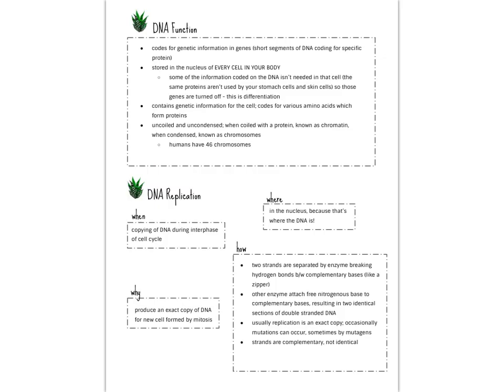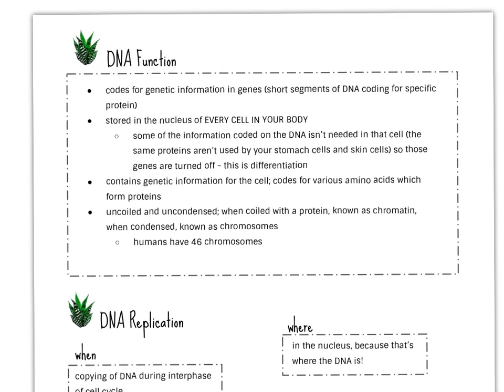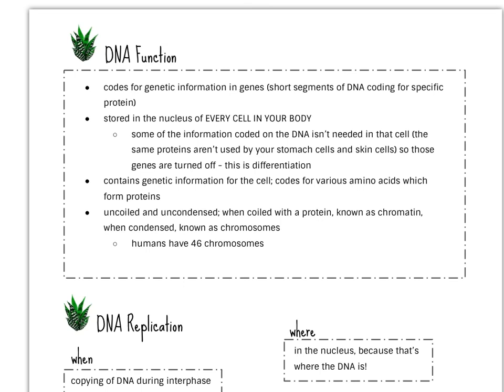But moving on, so after they figured out the structure of DNA, for a while they had kind of understood the function of DNA, but it took a while before they could actually realize what the function was. They had to figure out how it was shaped first, obviously. So when they figured out the structure, then they could work on the function. So if I were to ask you, like, hey, what does DNA do? You'll probably tell me something like, oh, I don't know, it's our genetic information or codes for things, or it makes us us. And all those are right answers, but we're going to get a lot more specific in DNA's